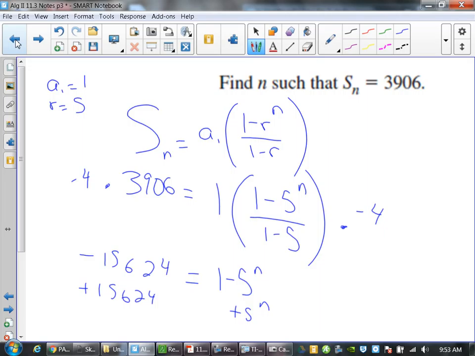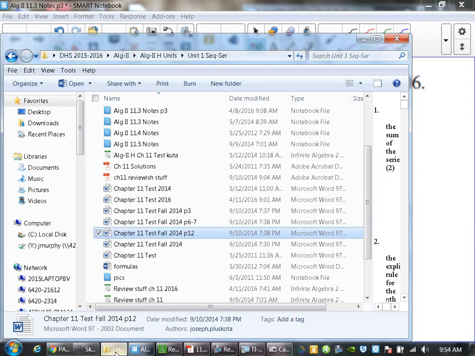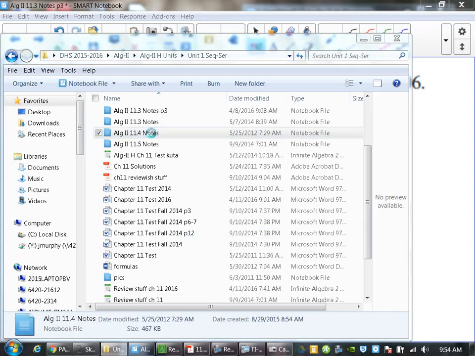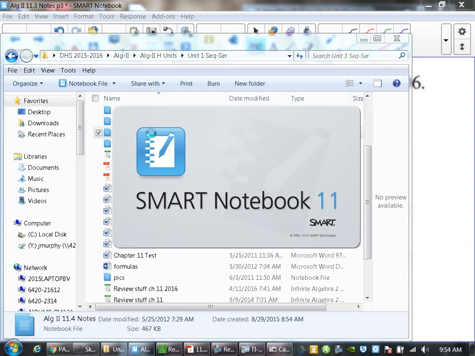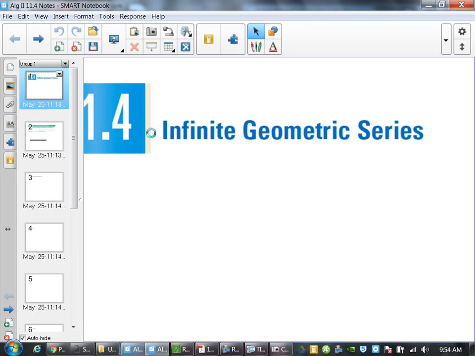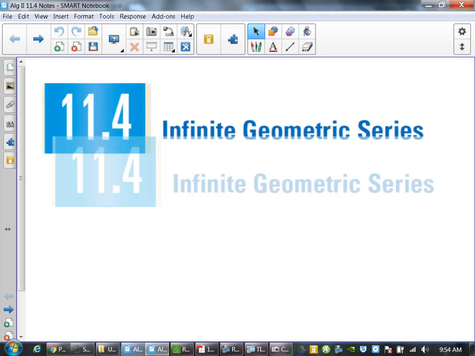All right, let's look at the infinite geometric series real quick about how that one works. When you're worried about the infinite geometric series, this is the last little bit of 11.4. The difference between the finite series and the infinite series is very similar. So when you're talking about the infinite geometric series,